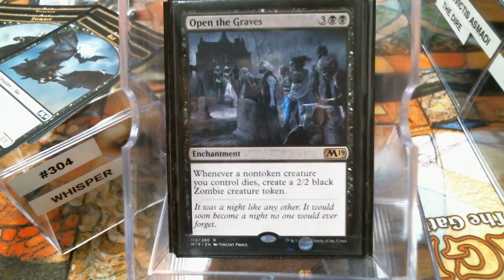What else we got here? Open the Graves. This is a new one. Now, so here again, this is one of those cards that just rewards us for doing what we're already going to be doing. Now, yeah, it does cost 5 mana. But the ability to just keep cranking out, because Whisper says sack 2, get 1 back. So we're down on card advantage there. But if we get 1 back